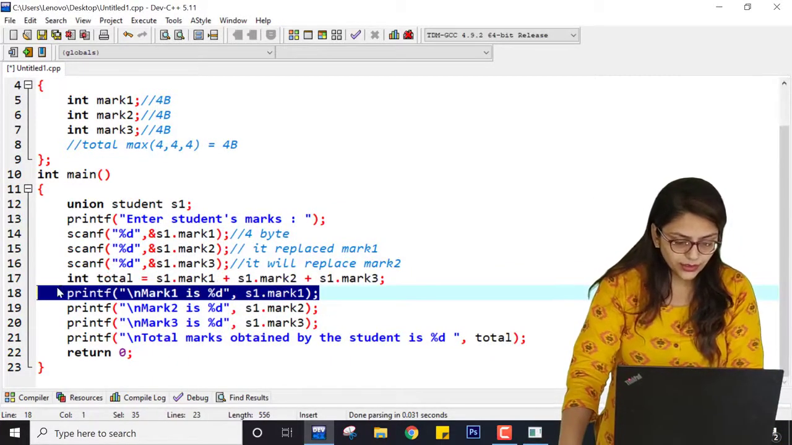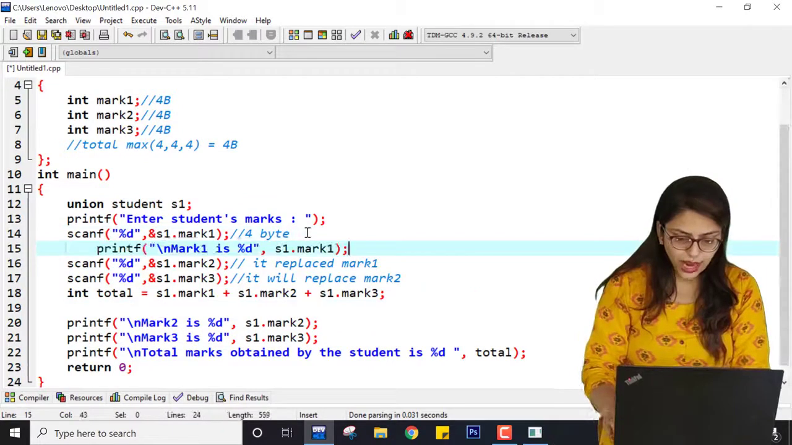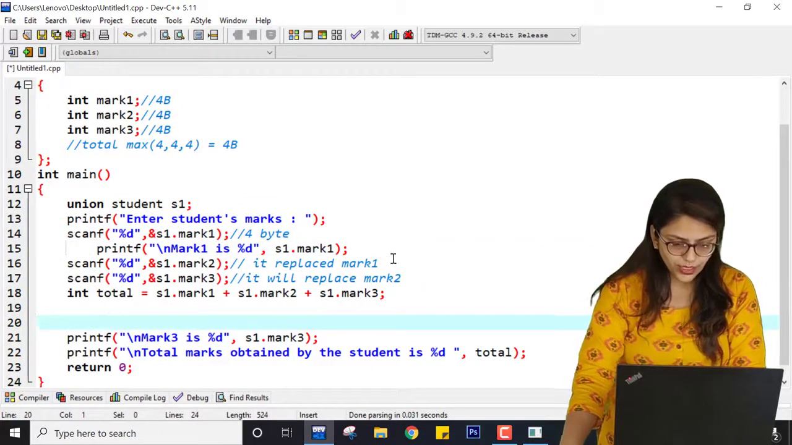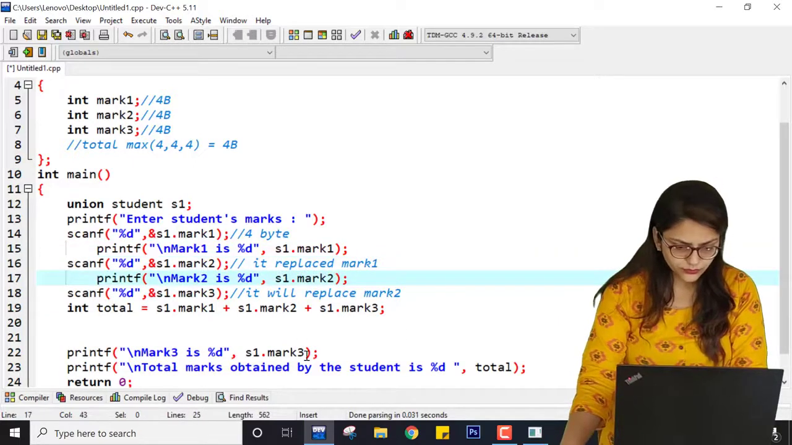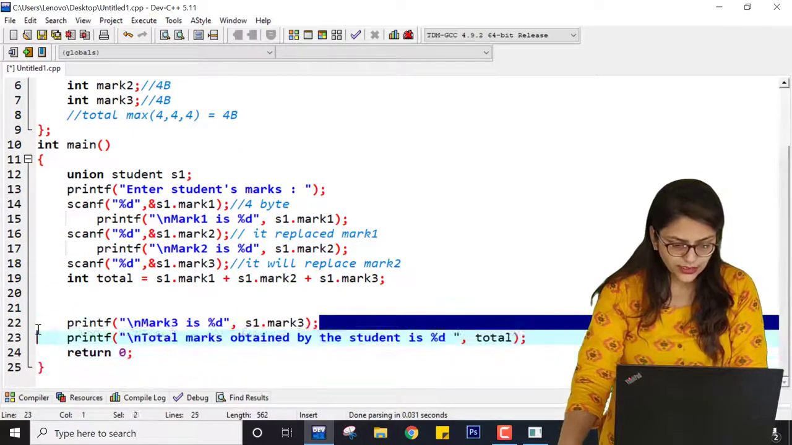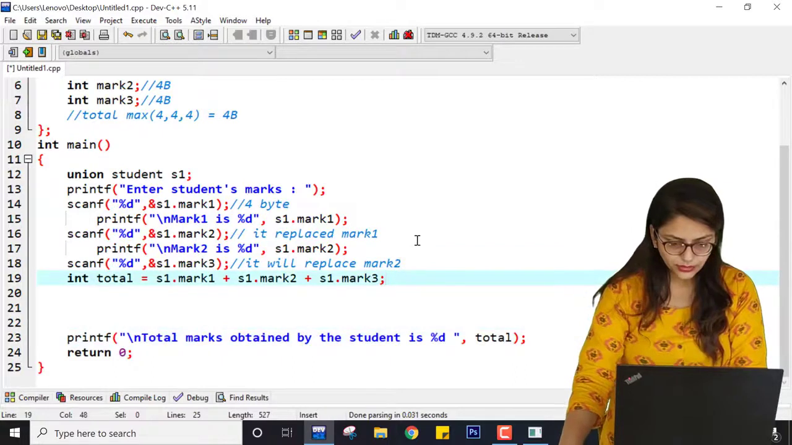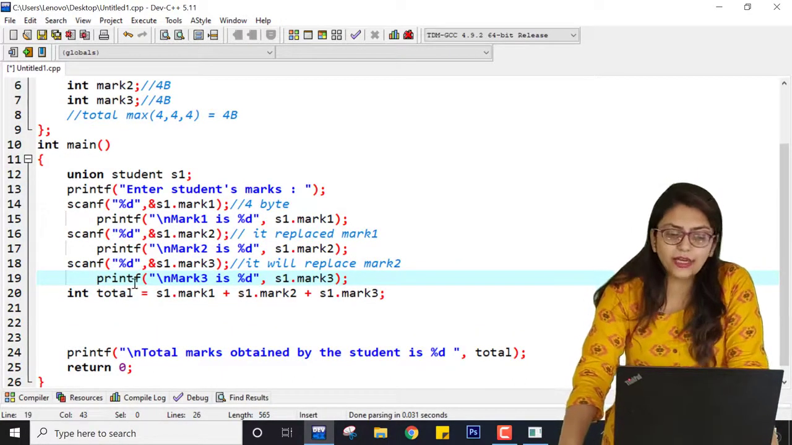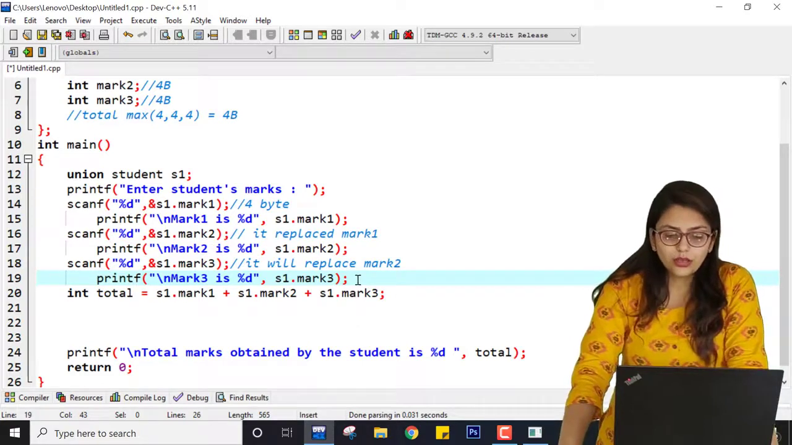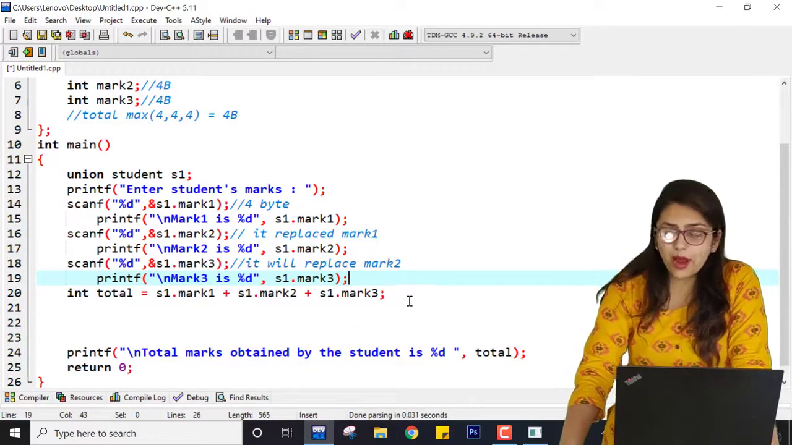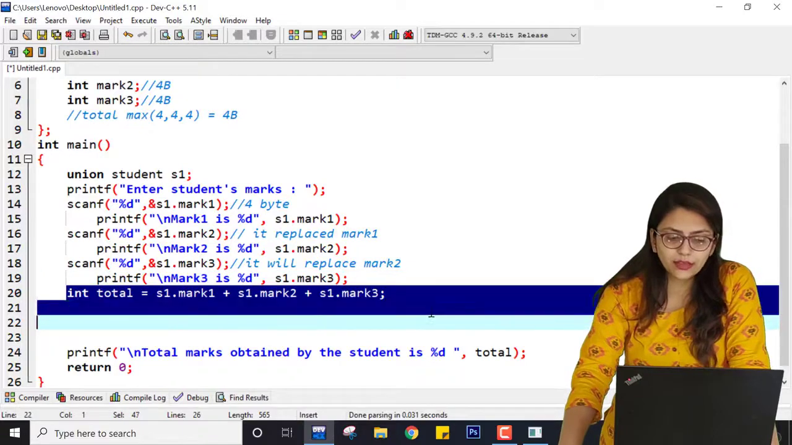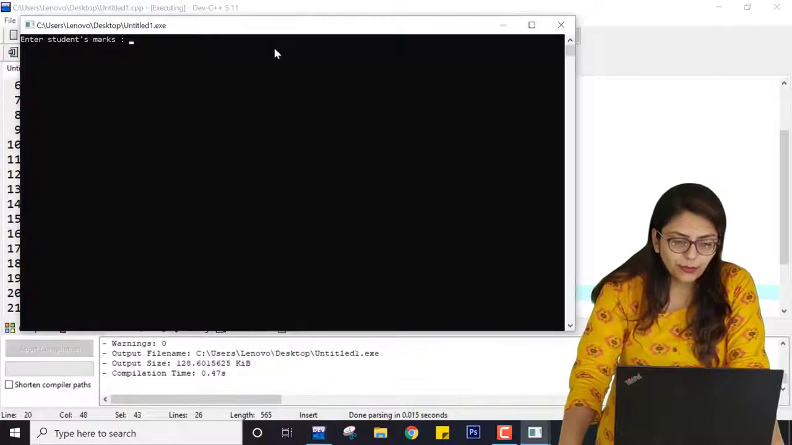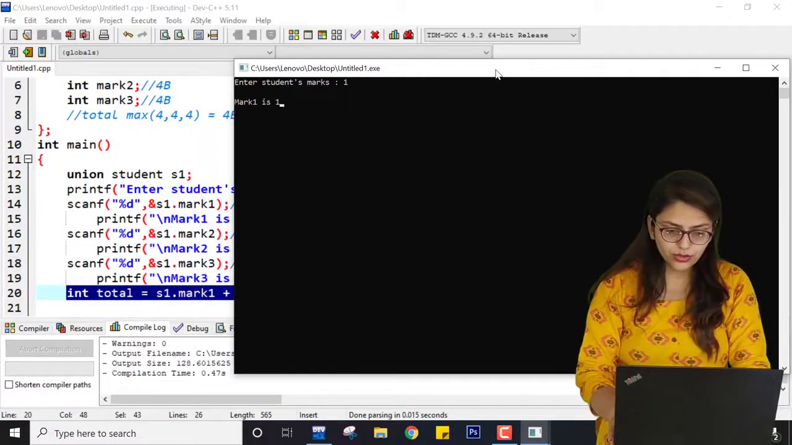If I write this print of marks exactly after this scan, and this one exactly after this, then at that time I can get at least the actual marks printed, but then also we will get a different total. The total will be wrong. I will show you here. If we compile it and run it, if I am entering 1, 2,